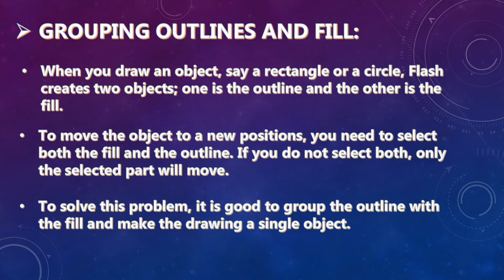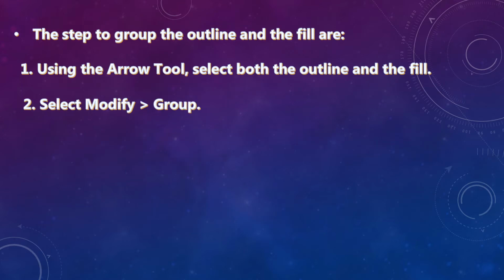One is the outline and the other is the fill. To move the object to a new position, you need to select both the fill and the outline. If you do not select both, only the selected part will move. To solve this problem, it is good to group the outline with the fill and make a drawing a single object. The steps to group the outline and the fill are: